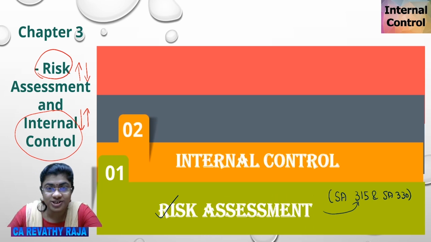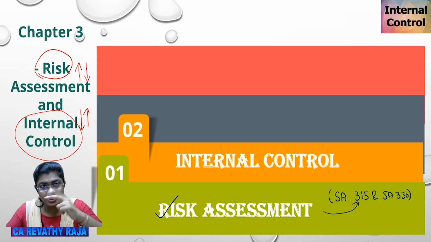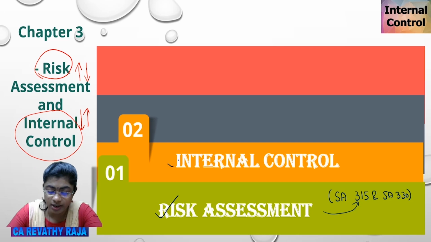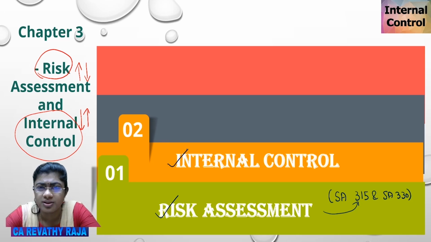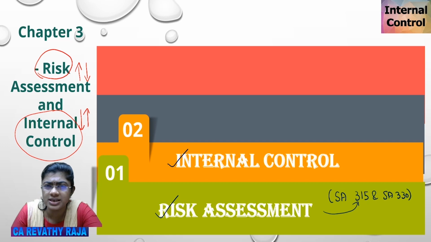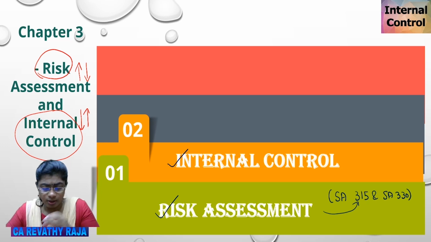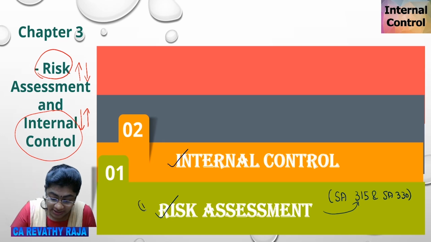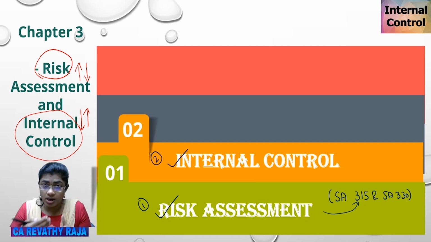Second, as the chapter name suggests, the second part is regarding the internal control, all the basic concepts regarding internal control. Now, I'm coming in that flow. We have assessed the risk. To assess the risk, we understood about the internal control. When we understand about deficiencies in internal control,